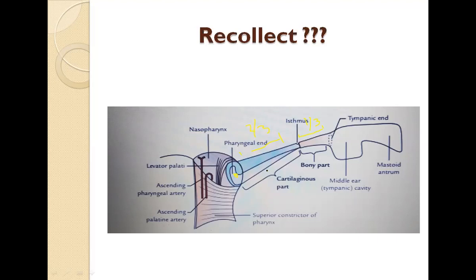And finally, the important applied anatomy is that in the pediatric age group, since the auditory tube is horizontal and short, the infections from the pharynx can easily spread to the middle ear and cause infections of the middle ear cavity. In the adult age group, an important applied anatomy is eustachian catarrh, which means inflammation of the auditory tube. The common etiology is common cold. So with this note, we'll be ending this lecture on the auditory tube.